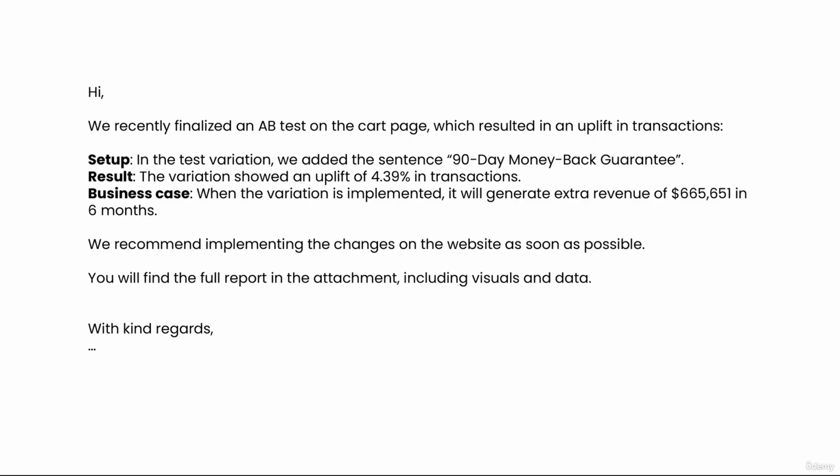If you send the report by email, do not forget to include a management summary in the email. The email could look something like this. So you shortly state the setup of the test, the result, and the business case with the recommendation, which in this case is to implement the changes on the website. At the end of the email, refer to the attachment where the reader can find the full report, including visuals and